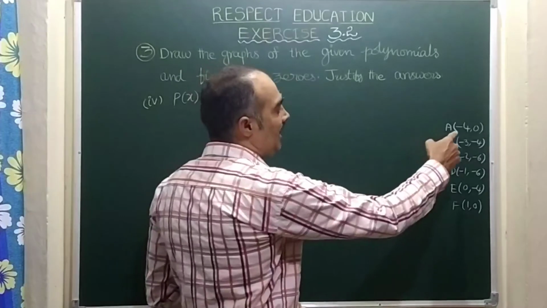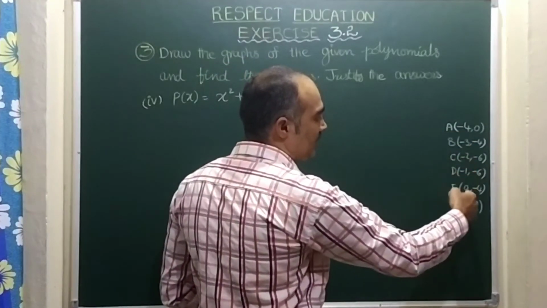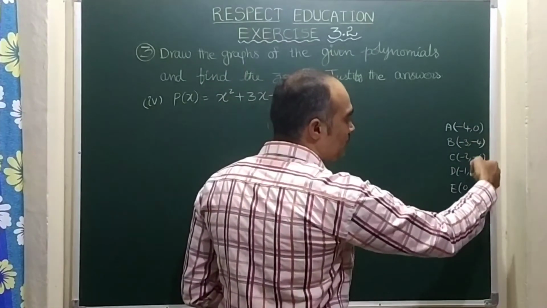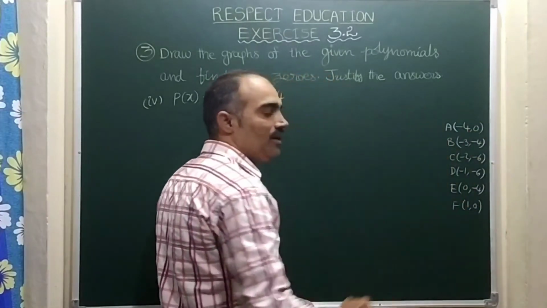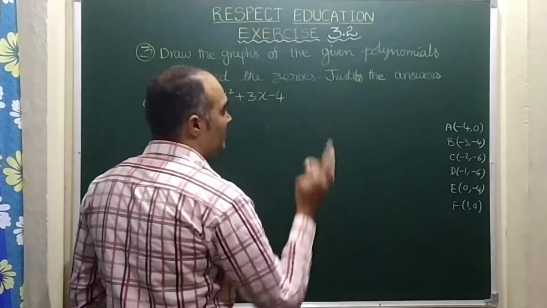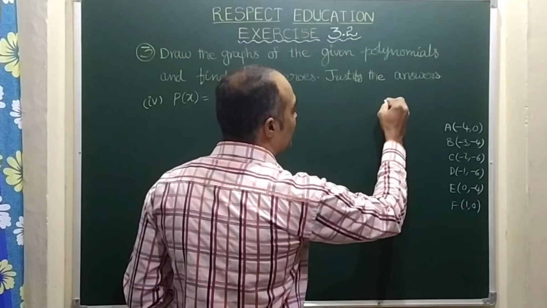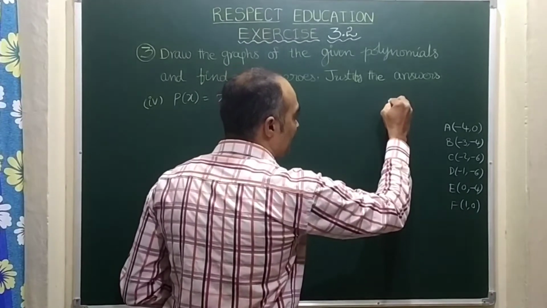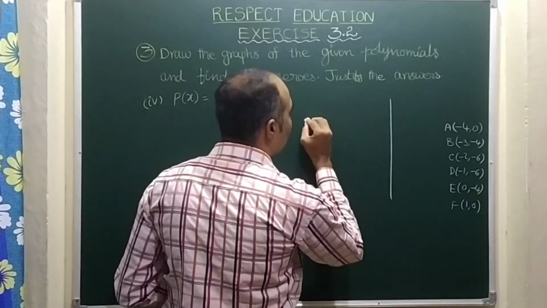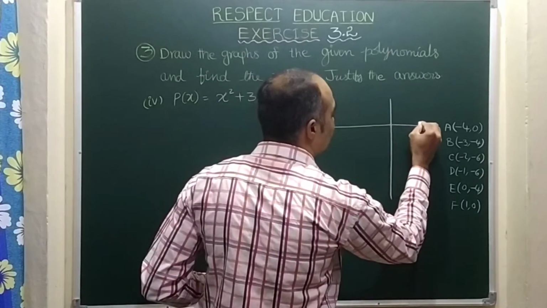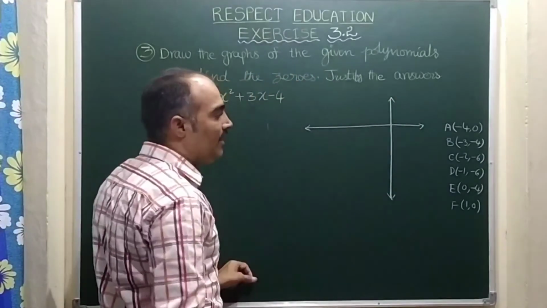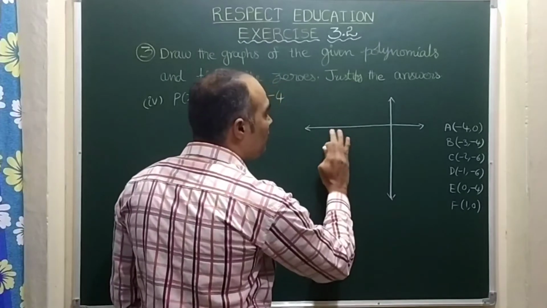Here you observe children, x values here are negative. Only one x value is positive. Whereas almost all y values are negative except 0. So better we can give preference for both the negatives. That quadrant. Both the negatives means here it may come like this. Here if you take y-axis. Here you can take both negatives, right? So here you can take x-axis. Why? Because here I have given more space for both the negatives.